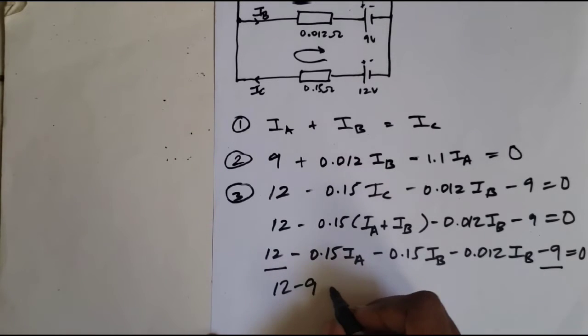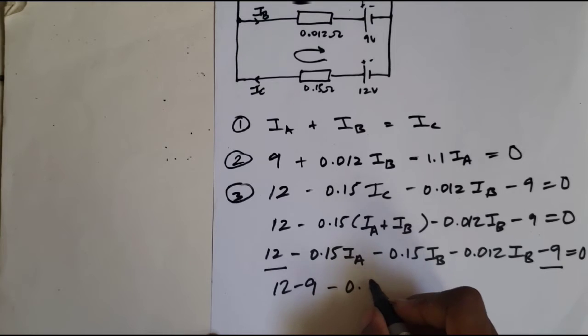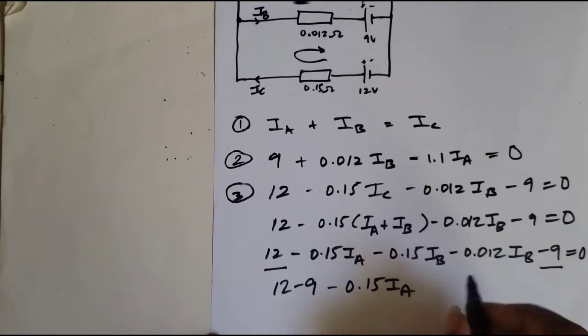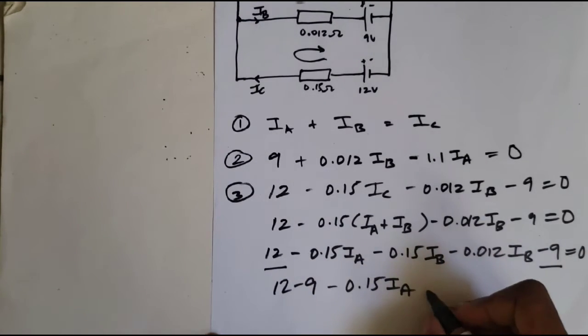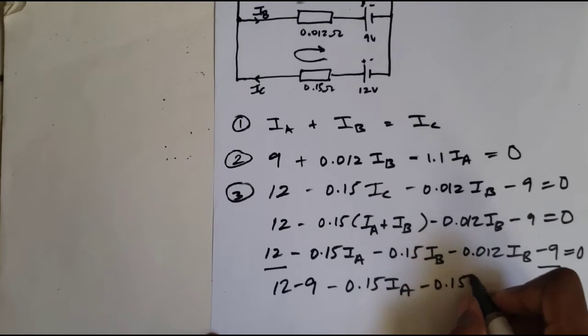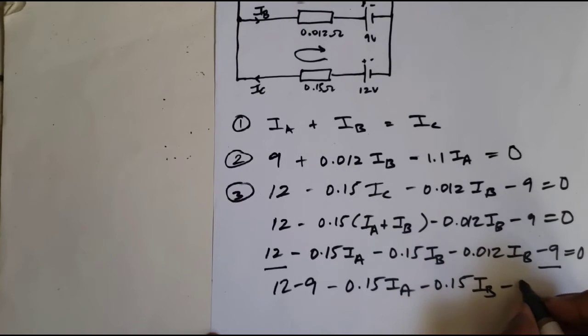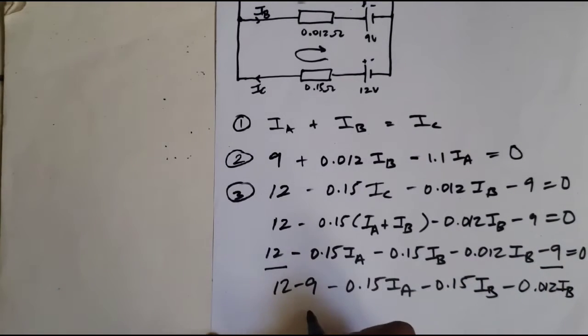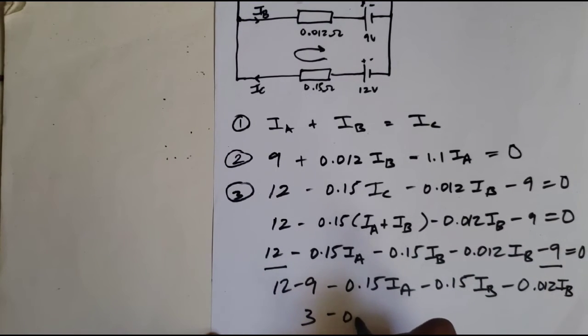IA is a lone soldier, so I'll just put it back. Nothing to group it with. Then here are two IBs, so that would have been 12 minus 9 is 3. Put back our IE and